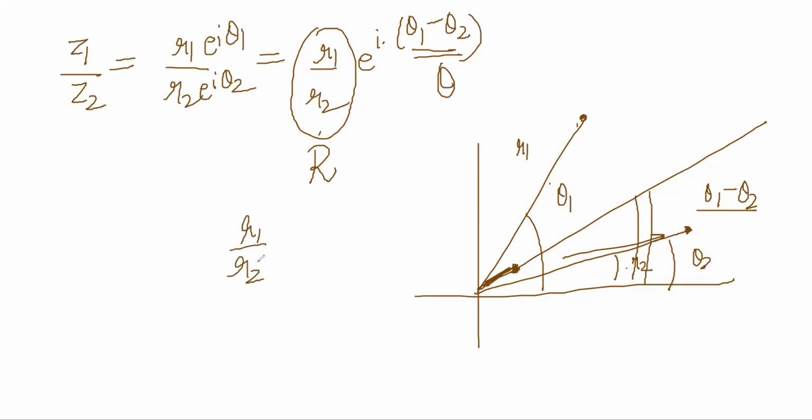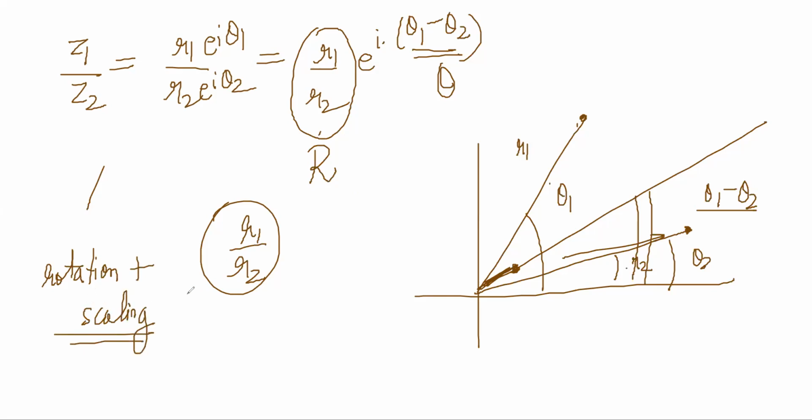So it is basically again rotation plus scaling, but the rotation is in the opposite direction of multiplication, and scaling is also reducing instead of stretching. So now what we have learned is how to understand addition, multiplication, division and subtraction of complex numbers in a geometric way. The first thing we saw was that vectors were good ways to represent complex numbers, and vector addition and vector subtraction is a good way to understand what is happening to the addition of complex numbers.